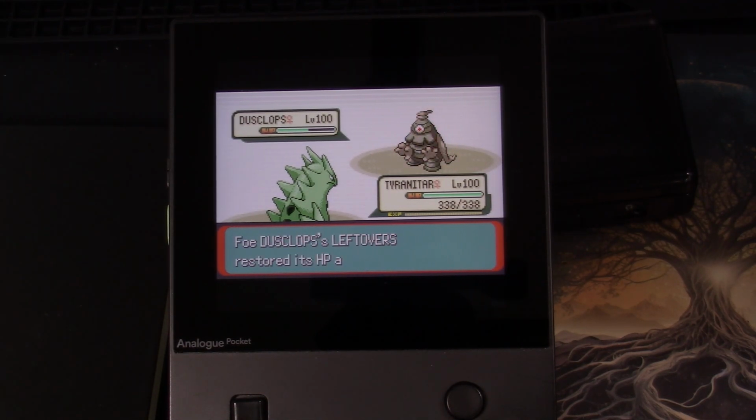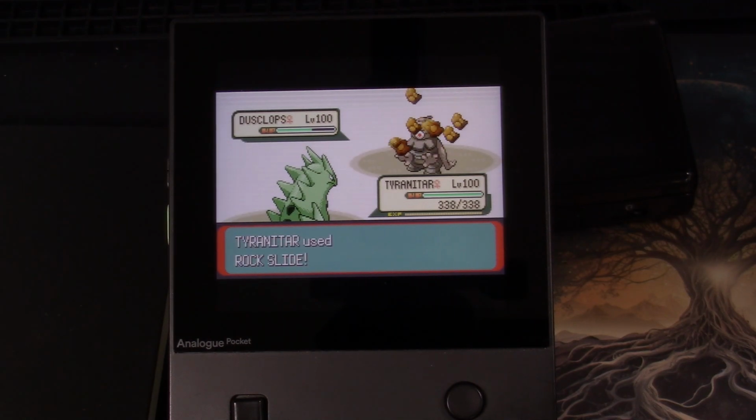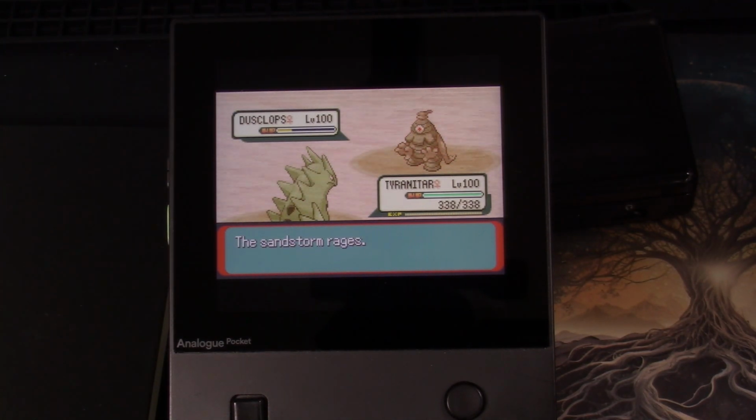I've been seeing so many Quagmires and Swamperts, it's ridiculous. I've fortunately not been seeing any Kingdras. Same thing with Skarmory, I see so many Skarmory and Quagsire. And Skarmory gives this team a lot of trouble, because